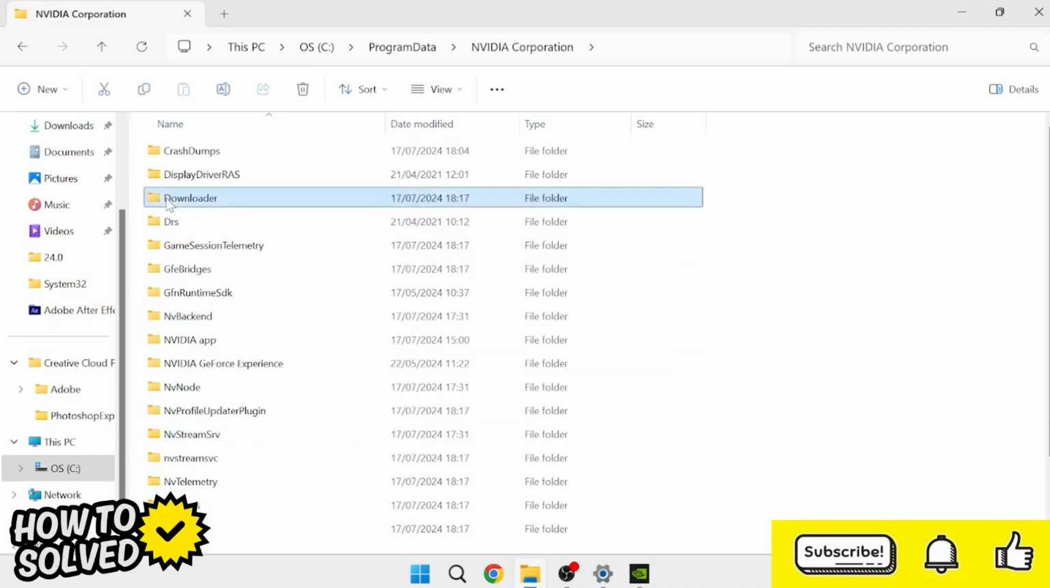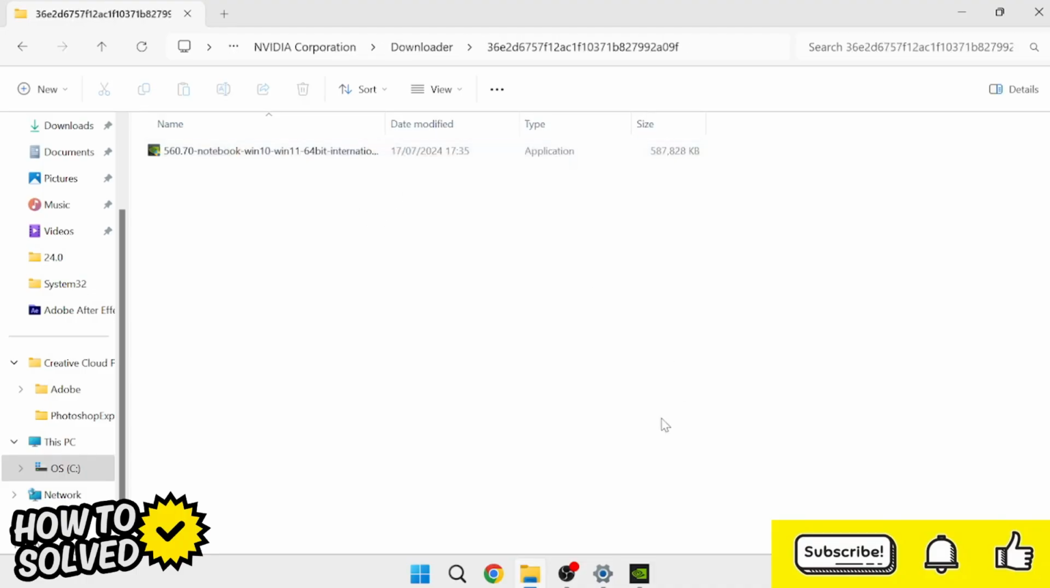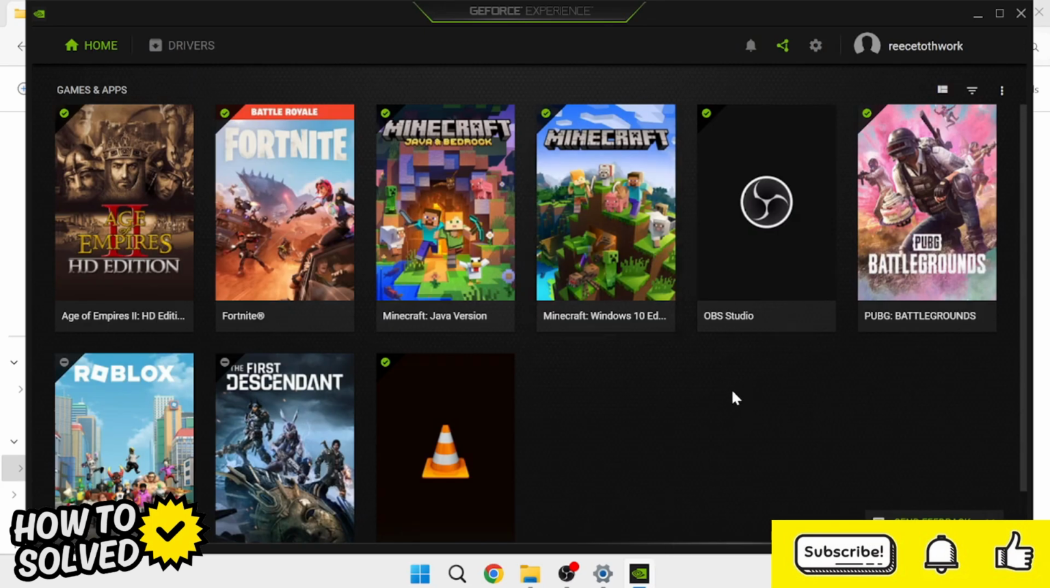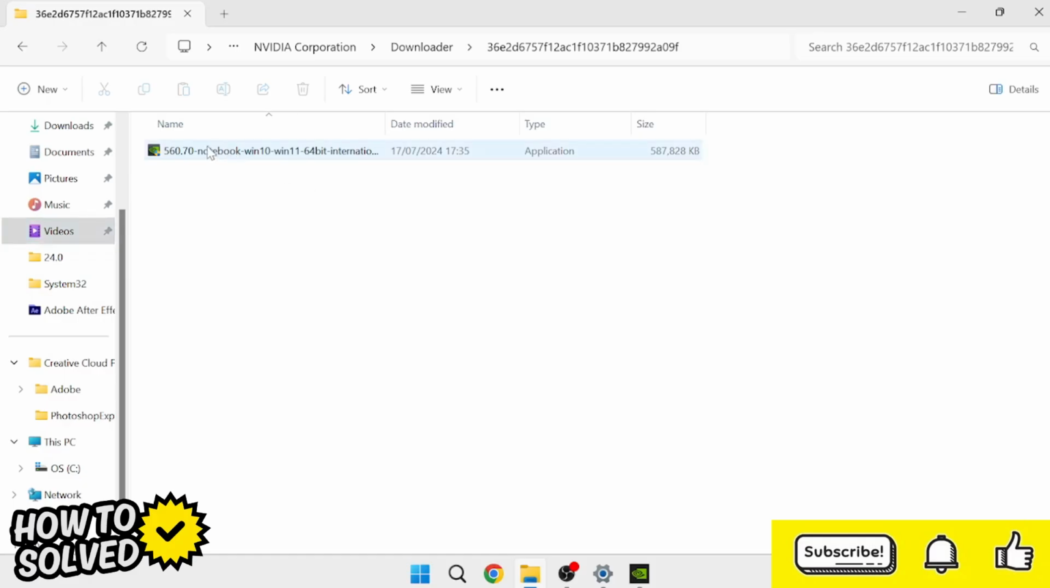Inside of the Downloader folder, you should see a folder or two with a bunch of numbers and letters. So just simply come inside one of these folders, and then we need to load up the GeForce application. And once you're inside of GeForce, come over to Drivers, and next to this Game Ready driver here, we'll see a version number. So my version number is 560.70. So now if I come back over to this folder, you'll see the application inside of here starts with that same version number,